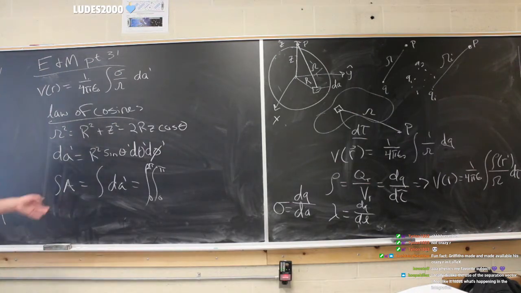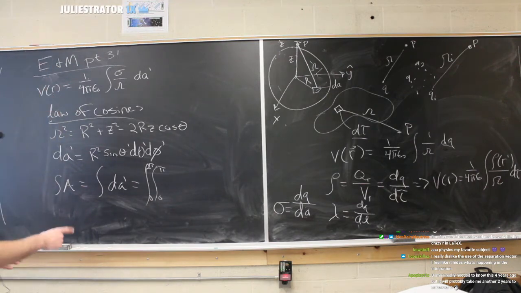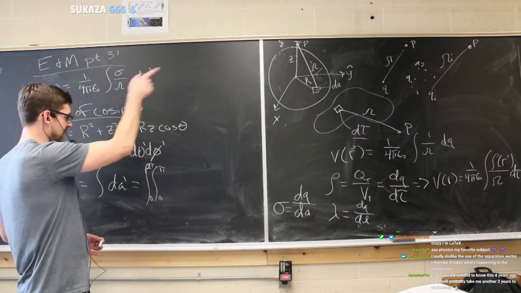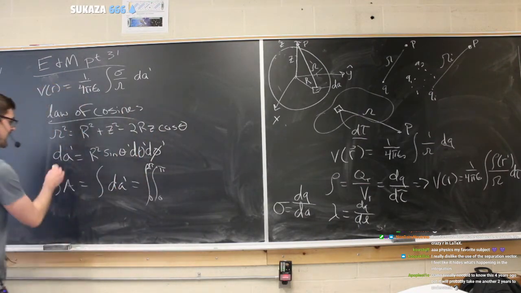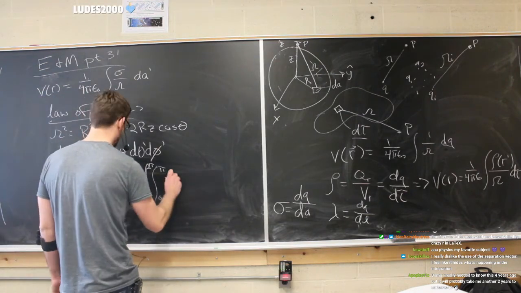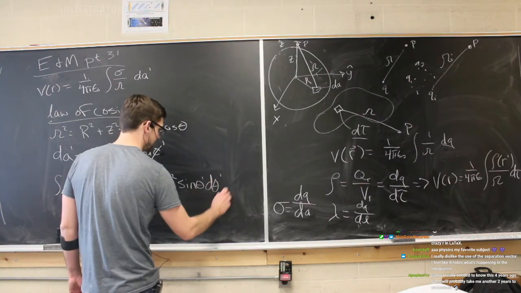For this one specifically, there is no r factor. We're not making a solid, so it's just going to be the area, so it's really just a point. You make that, and then it kind of looks like an arc, and then you take that arc and you wrap it around. That's what the point of the area is, and that's how you get to the surface area. So when we evaluate this, we get r squared sine theta d theta d phi.